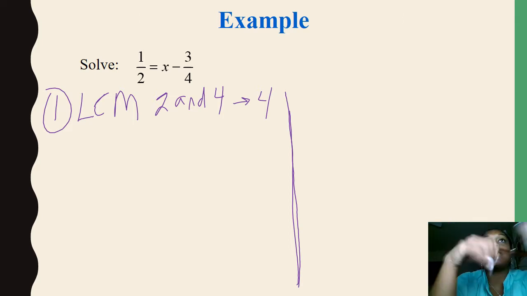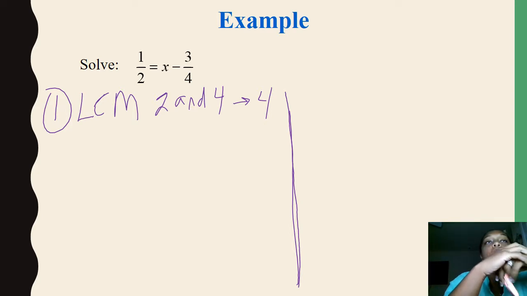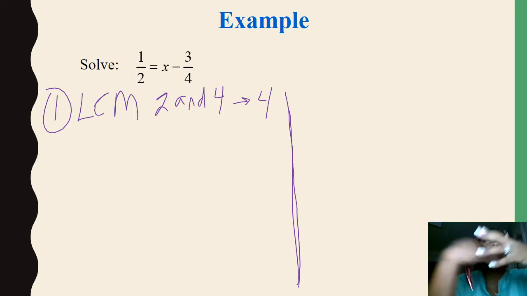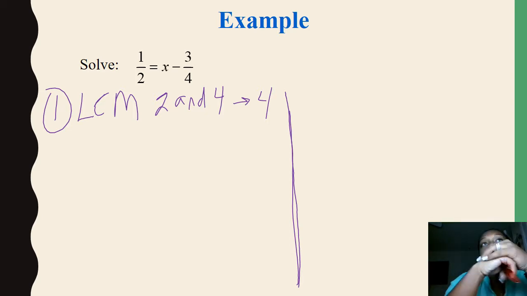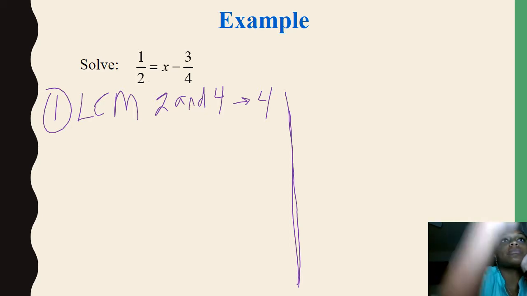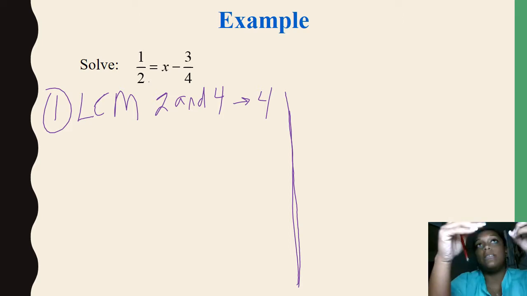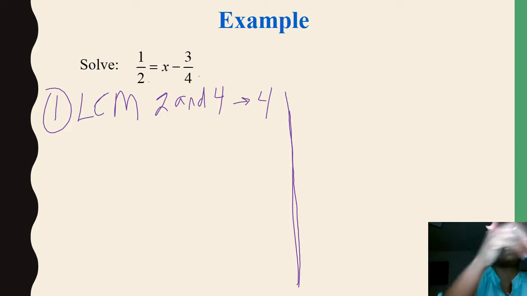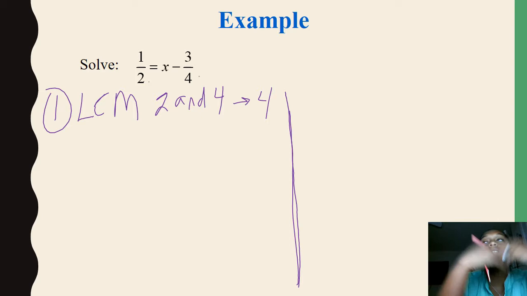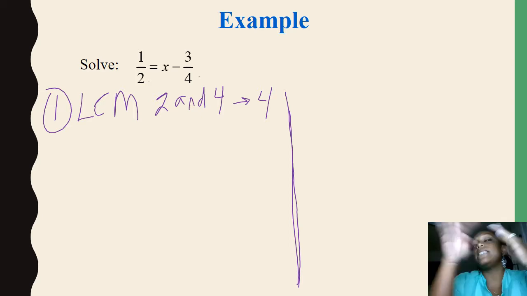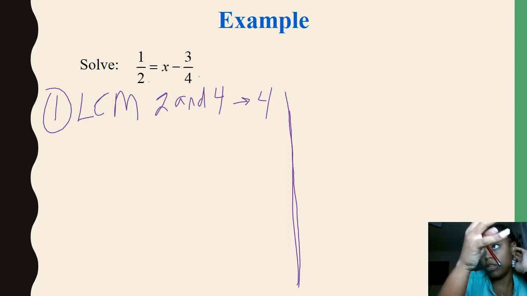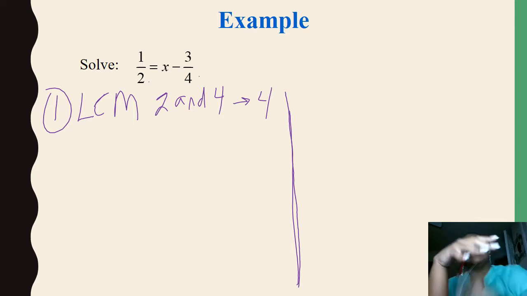So in previous math classes, you learned that a fraction problem is basically a division problem, and the opposite of division is to multiply. So notice here how we are dividing by 2. Well, we have 1/2, which means we are dividing by 2. Notice here how we have 3/4, which means we're taking 3 and dividing it by 4. And since the inverse operation of division is multiplication,